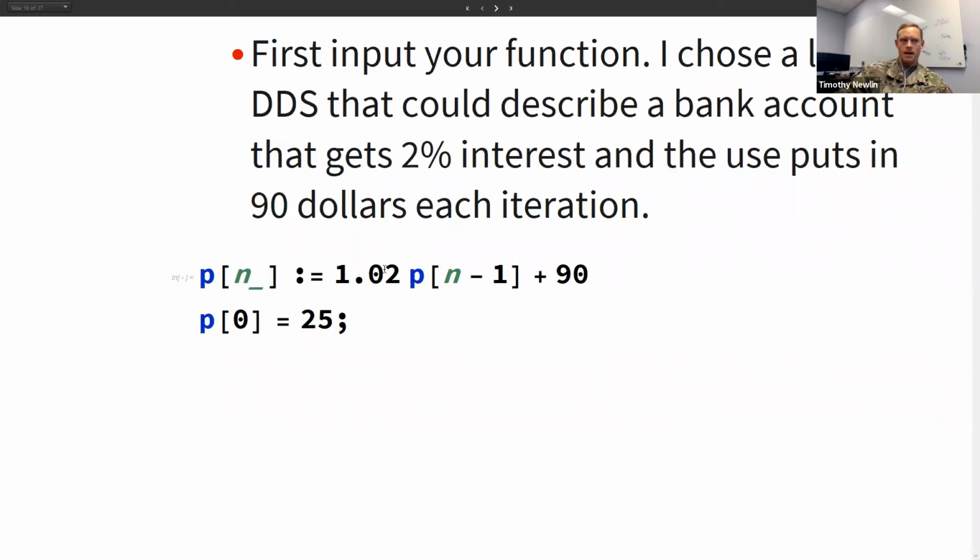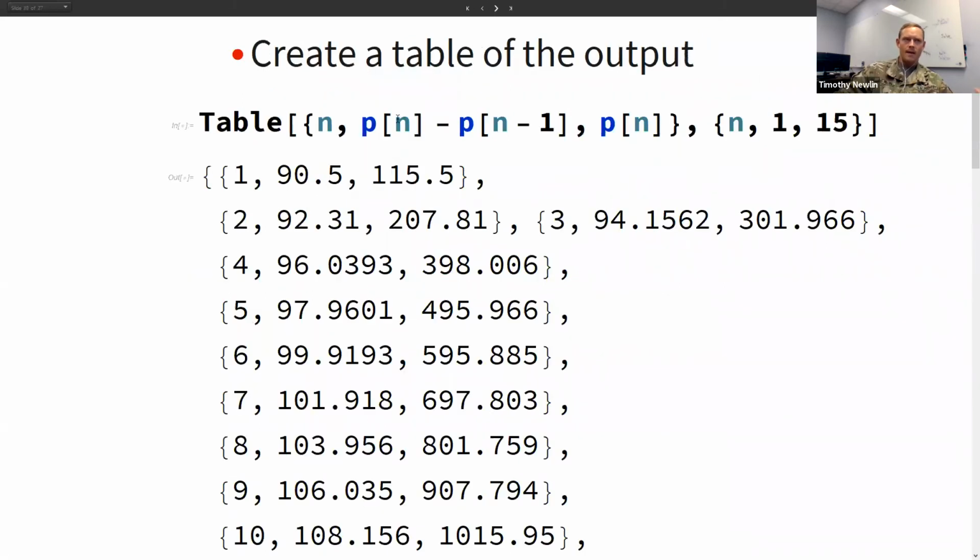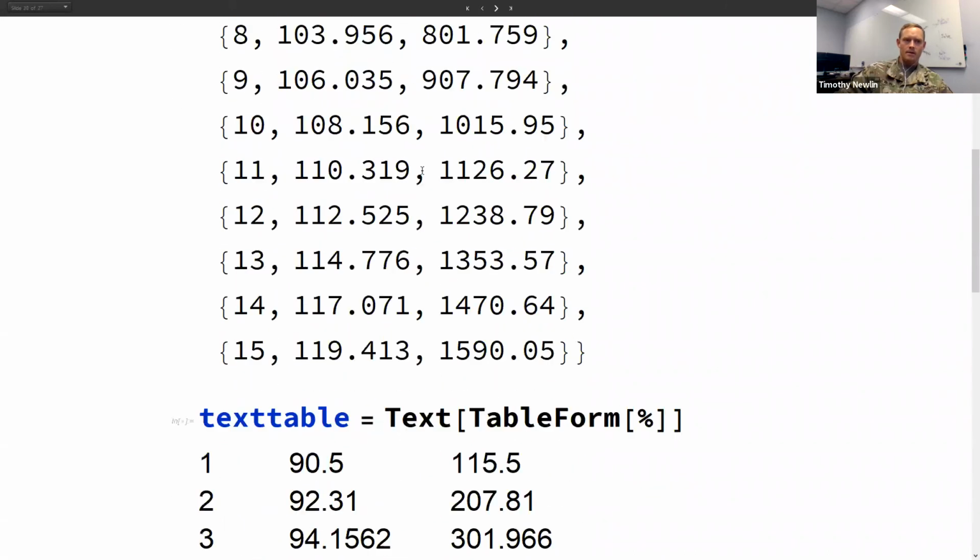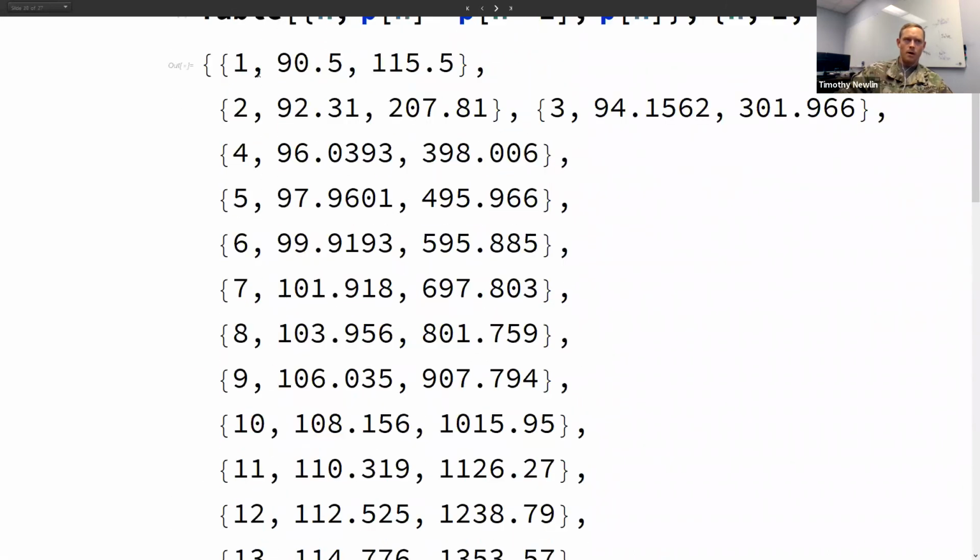So here I did a linear DDS that involved 2% interest. I take the previous amount, multiply it by 1 plus 2%, or 1.02, and then I assume that the person puts $90 into their account each month and they started with $25. I ran that, and then using the table command, got a bunch of outputs for, after so many n iterations,